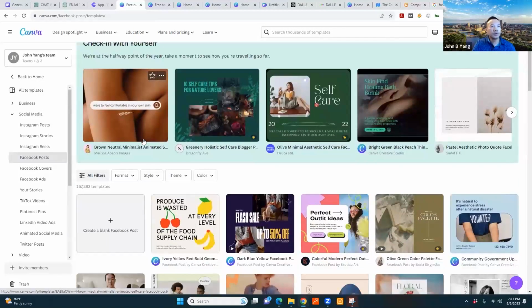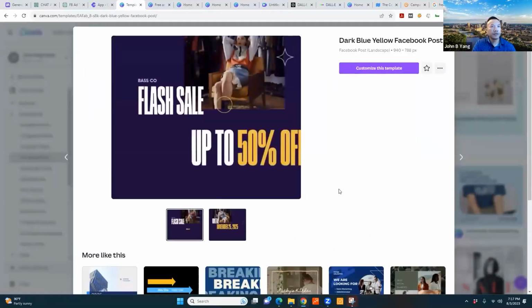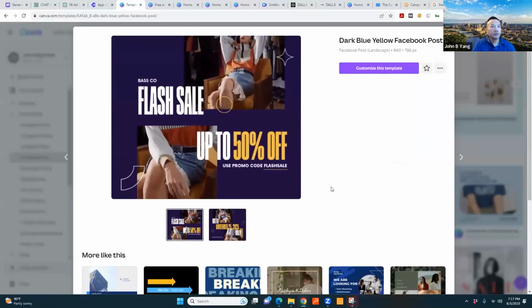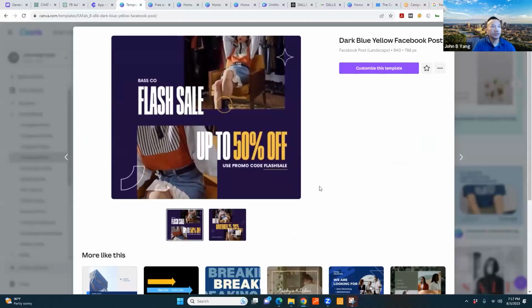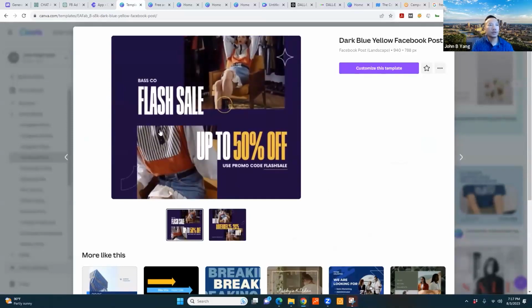You can use these templates. All you have to do is, whichever template you want to choose, you can just change the content, the website, whatever it is that you need to change. You can even change the photos. So for example, let's click on this one here. This is a short video. So if you're looking to do some quick reels or short videos, these are good templates you can choose as well. And then if I want to use this template here, I could just customize the template,